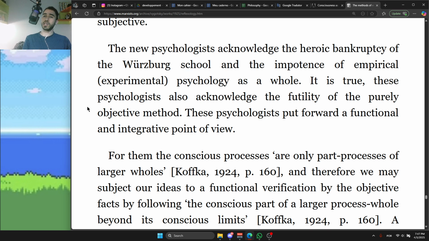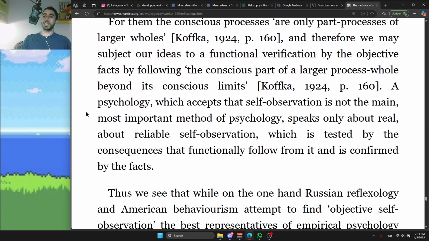The new psychologists acknowledge the heroic bankruptcy of the Wurzburg School and the impotence of empirical, experimental psychology as a whole. It is true, the psychologists also acknowledge the futility of the purely objective method. These psychologists put forward a functional and integrative point of view. For them, the conscious processes are only part processes of larger wholes, and therefore we may subject our ideas to a functional verification by the objective facts by following the conscious part of a larger process whole beyond the conscious